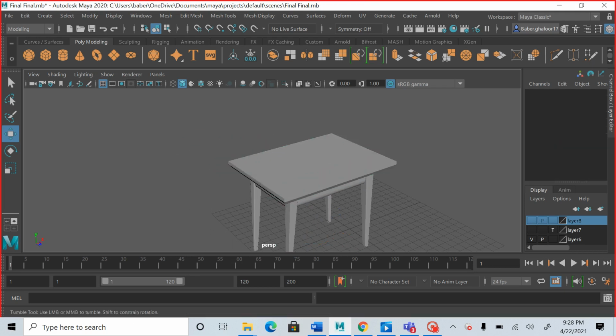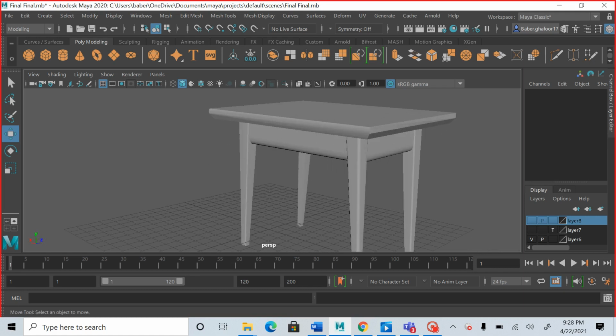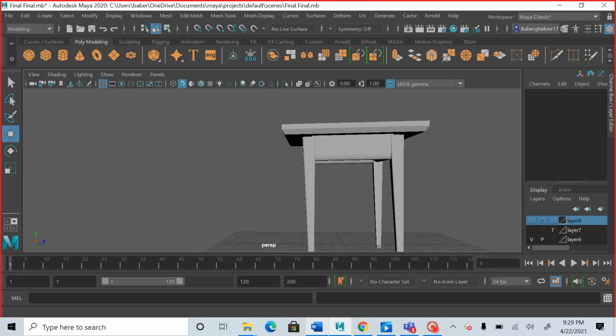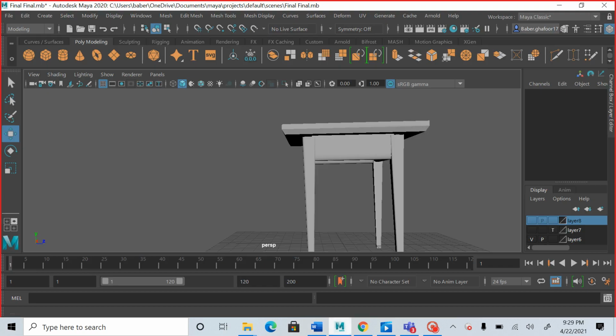And as you can see, we beveled its edges so that it looks smooth from the side, and after elevating it to a specific height, we created the leg. For this we also used another polygon cube, and we attached it to the bottom of the table, and we also aligned it to the origin so that when we duplicate it, it becomes easier